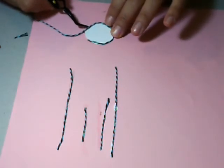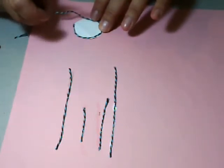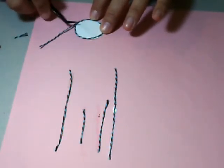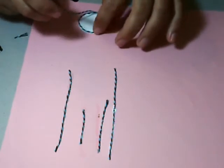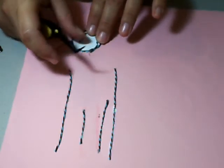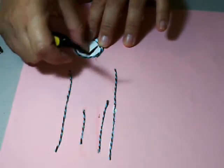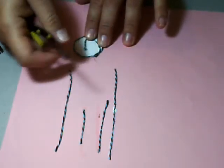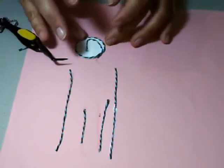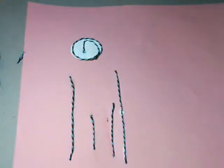Anyway, so then you just turn the shape and keep going all the way around, and then once you get to the center, all you have to do is press down firmly. And sorry about that, let me just go ahead. And so obviously you would keep winding to go all the way through to the center, and then you just would press down like that. You can add another dot of liquid adhesive if you want to, but I haven't found that it's necessary for mine. And so you just go like that, and it's pretty